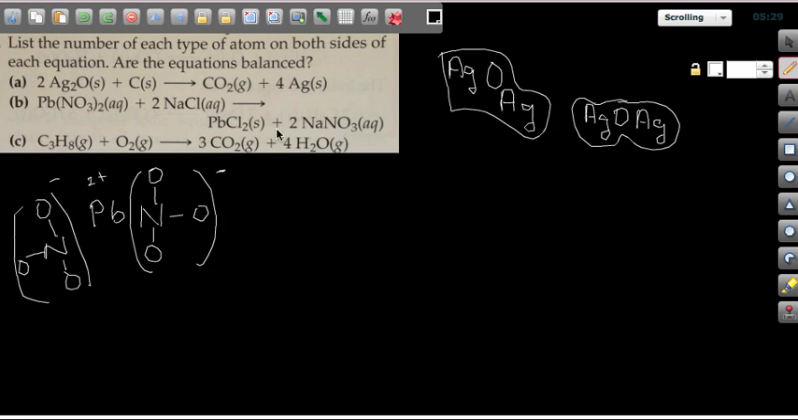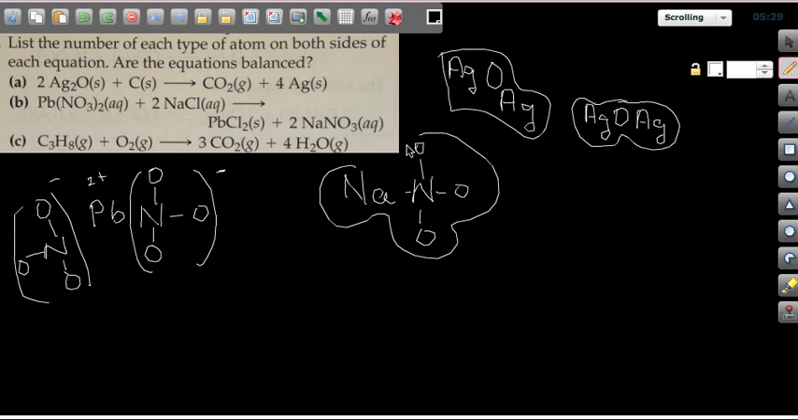2 sodiums, 2 sodiums, 2 chlorines, and 2 chlorines here. I always recommend that you draw a picture. I will just do one more here. This is sodium, and stuck together is a nitrate polyatomic anion, just like this. And that's 1 sodium nitrate, and there's another one,